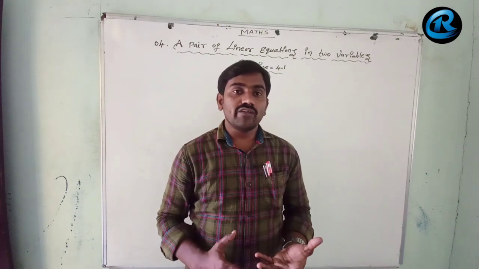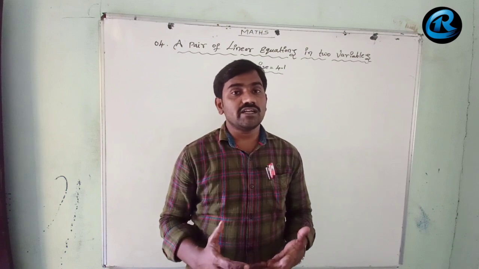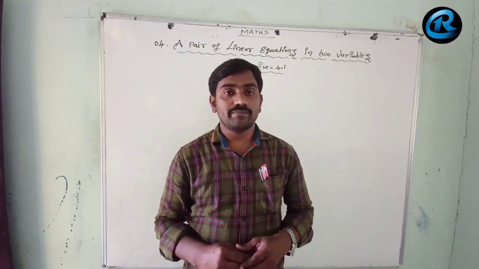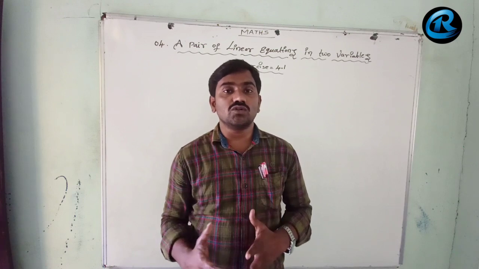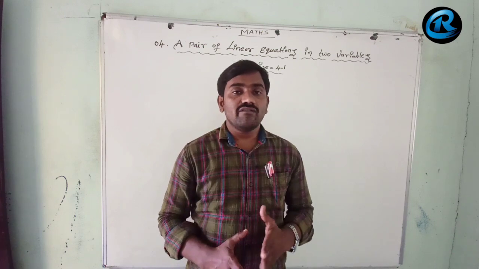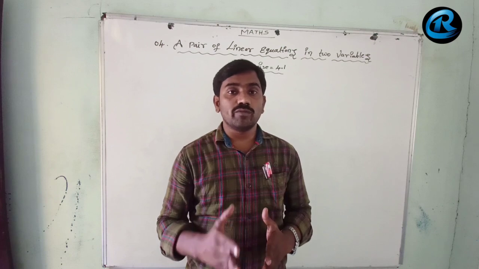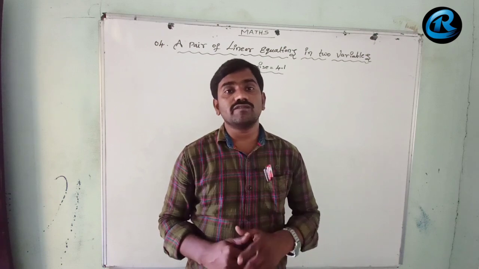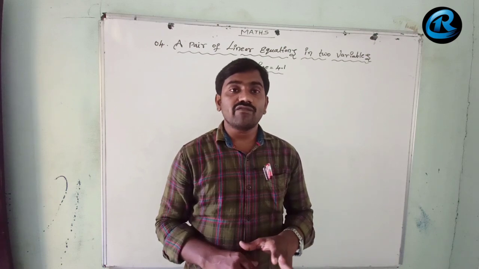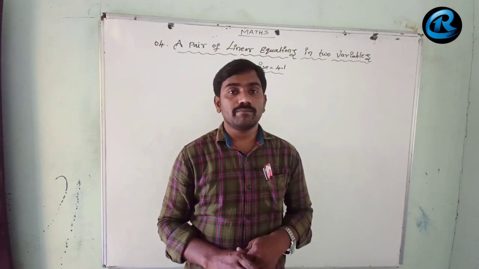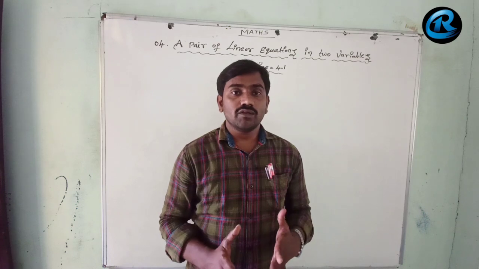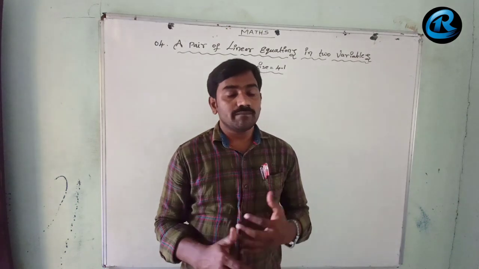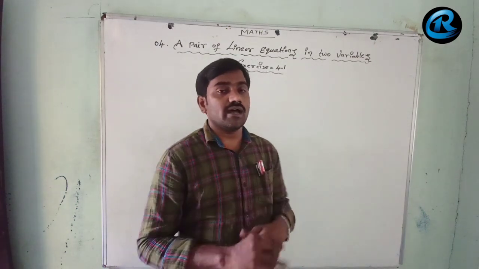Here also we can find the solutions. That means it is also consistent. But here we have infinitely many solutions. But in the parallel lines, when a1 by a2 is equal to b1 by b2, it's not equal to c1 by c2. Here we cannot find any kind of solutions because they are parallel lines. Parallel lines will not intersect anywhere, so we don't get any kind of solutions. So this is the introduction we have learned already.